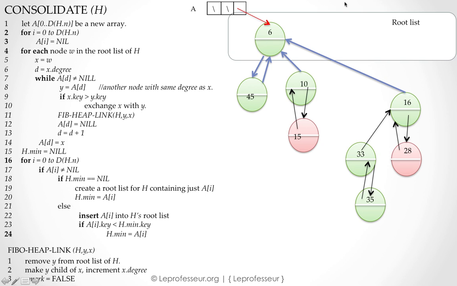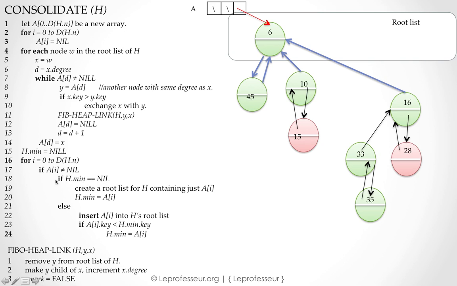And if we don't have any more nodes with a smaller key, it means that we found our root with the minimum key. As we can see here at line number 17, if A of i is not nil, but A of i is nil here,